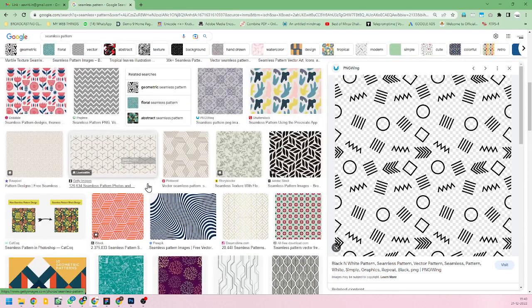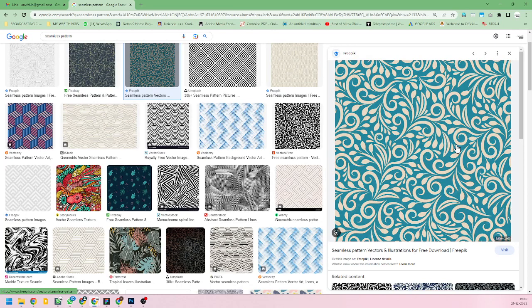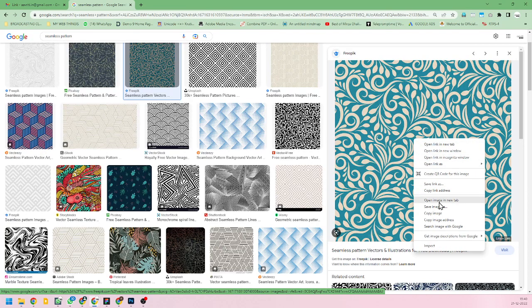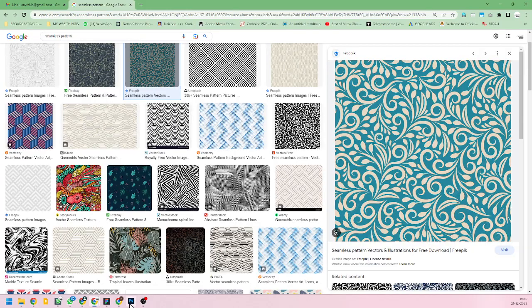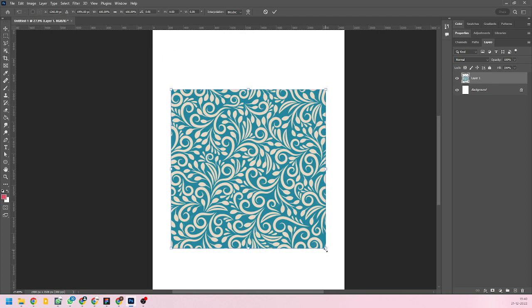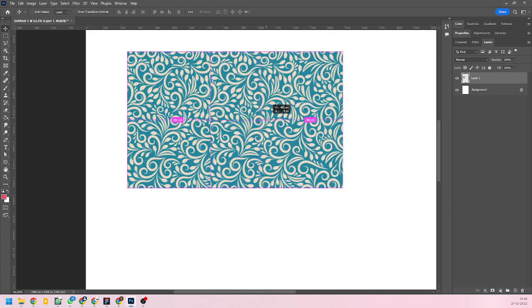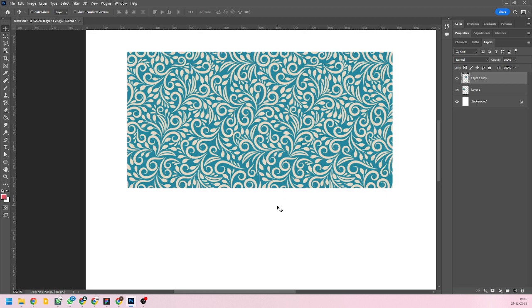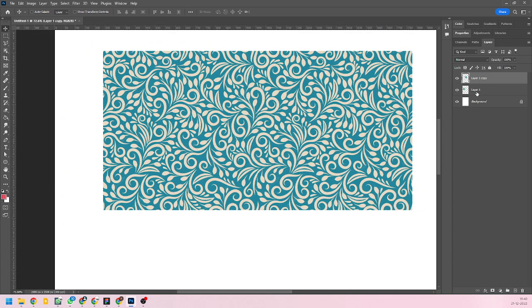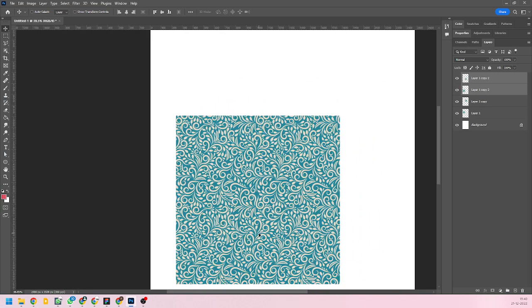Google again to find something more difficult. So for example, this one, this looks very complicated, right? So let's right click on this, choose copy, and we will go to Photoshop, paste it, and let's quickly try identifying whether it is seamless or not. So if I make a copy of it, yes, it is definitely a seamless repeat. We can't identify the seam, right? And then I'll make a vertical copy, and yes, this is also a four-way repeat. Now